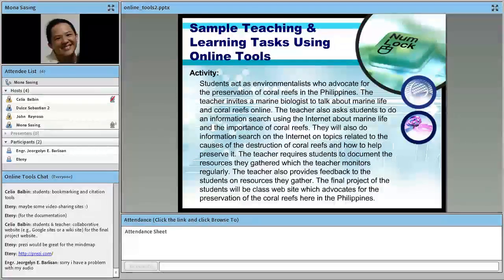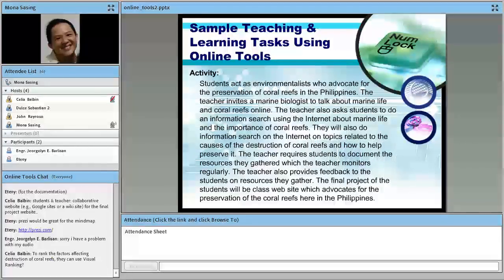So you can actually make use of Google Sites to create the website for the students, and then the teacher can also make use of Skype to contact a marine scientist or marine biologist to speak to the students online.